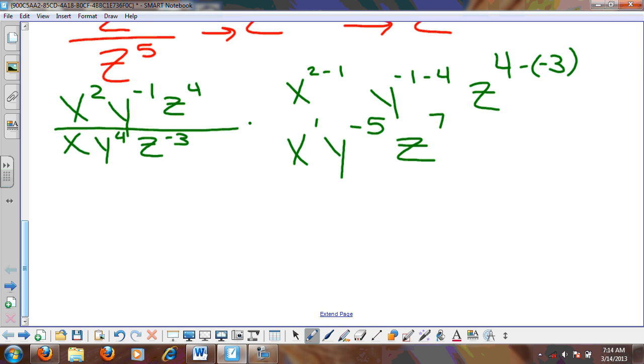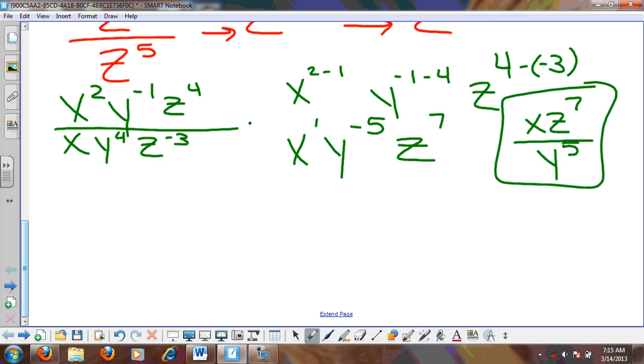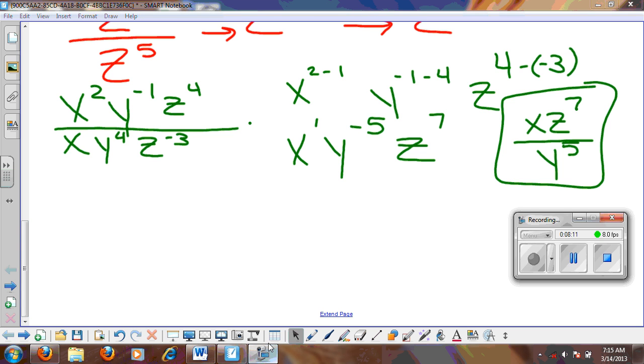Now, we have a negative exponent, so we're going to need a fraction here. So we have x, z to the 7th, over y to the 5th. Okay? That takes care of dividing powers with same bases. Let's move